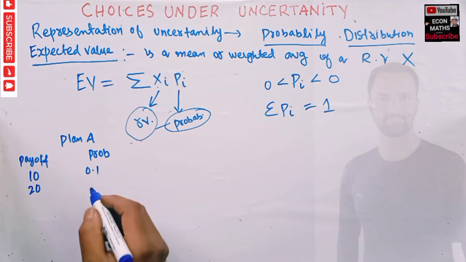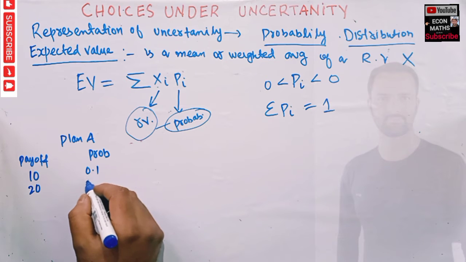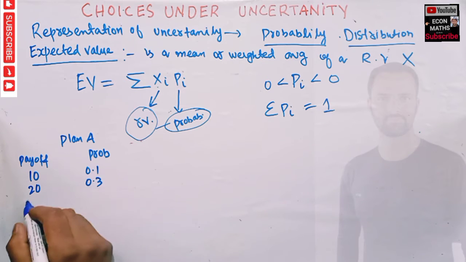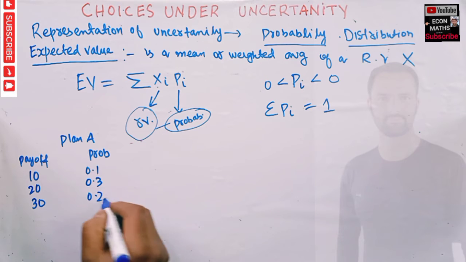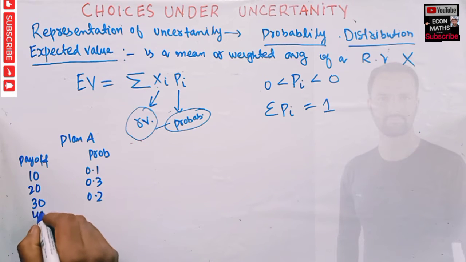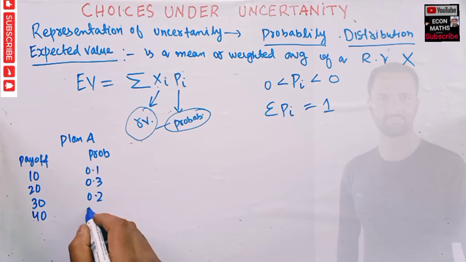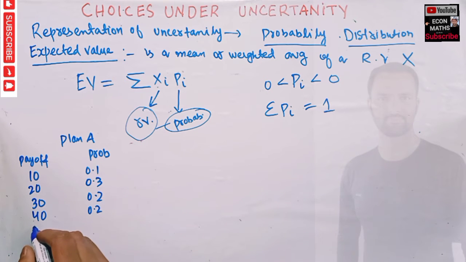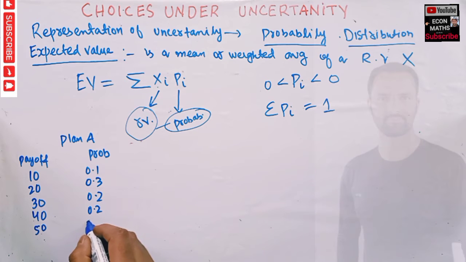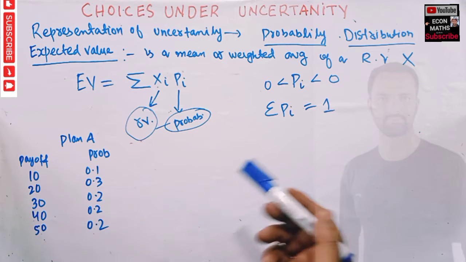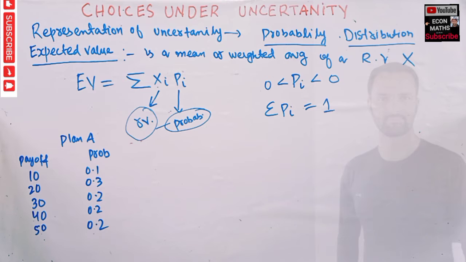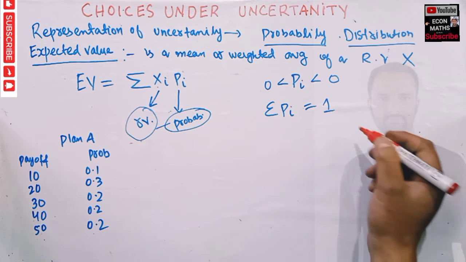Okay, he gets $20 with probability 0.3. He gets $30 with 0.2 probability. He gets $40 with probability 0.2. He gets $50 with probability 0.2 again. Okay, this is plan A. This agent has to make a choice between this plan and another plan. Let me write it here. Let us say we have